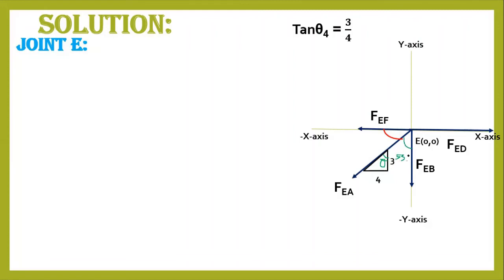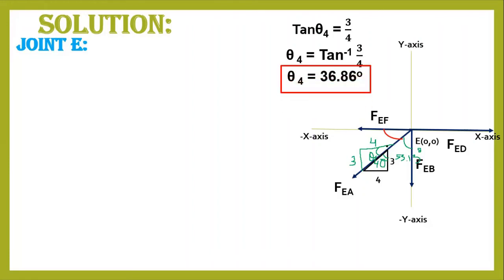So I think it is easier if you subtract 90 degree minus 53.13 degree, and I can make this like this, and this will become 4. This is 4 already, and this is 3. So you will get the angle directly. So here theta 4, this is theta 4. I have calculated from this side, and if you calculate from this side, you will get 53.13. So theta 4 is coming out to be 36.86. You can see here.